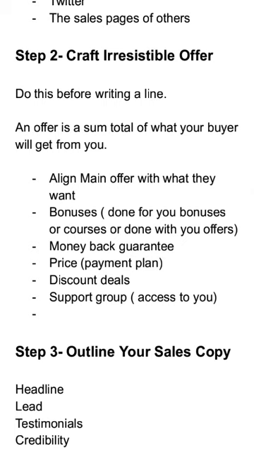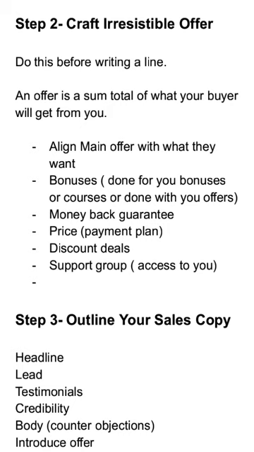Take, for example, somebody wants to lose weight, and you are now giving the person a product that will increase blood in their system. Okay? That does not align with what they want. So no matter the bonuses you're going to add to that, as long as it does not align with what they want, you will fail, no matter how sweet your copy is. So it's important that you understand exactly what your target audience wants first before you go about trying to craft the offer. So number one, align the main offer and the offer generally. Let it be exactly what they want.